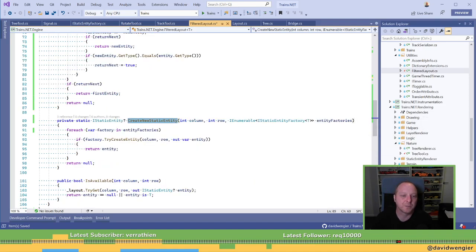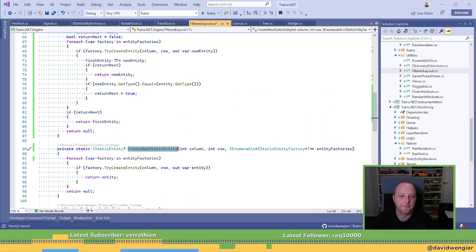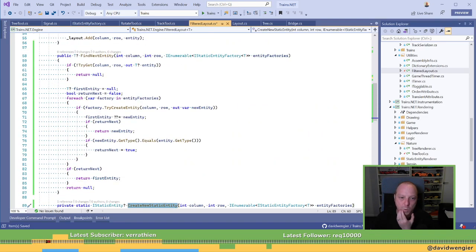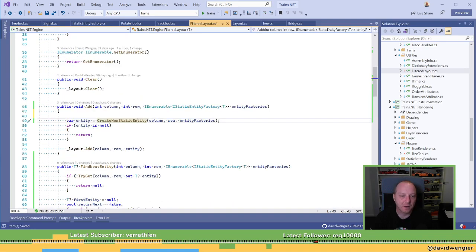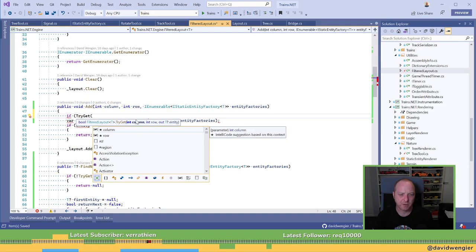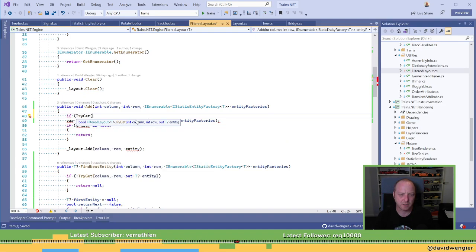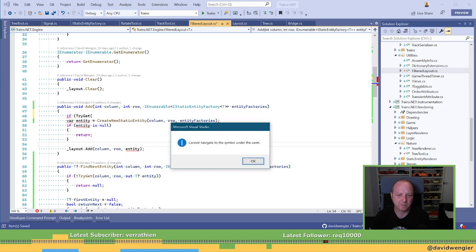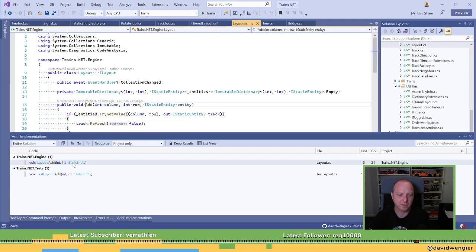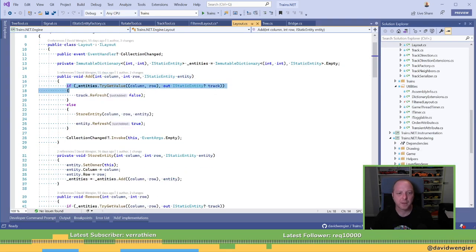So, now do I put this in create new static entity? Oh. Yeah, I could combine these together maybe. Later. All right, so if there is an existing one... wait, didn't I write this code already? Did I write this code in here? Oh, I probably reverted it. Yeah. Okay, it's this code. Oh, that's right. I want to get rid of this code, don't I?